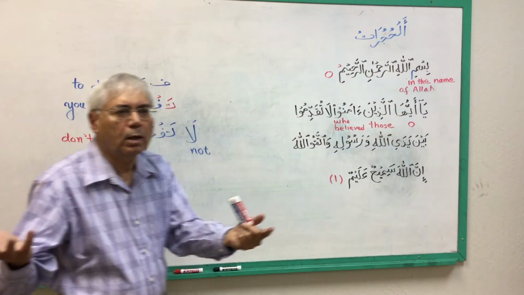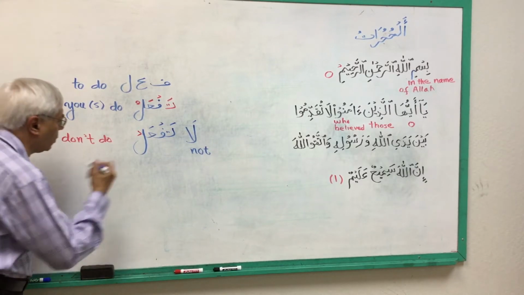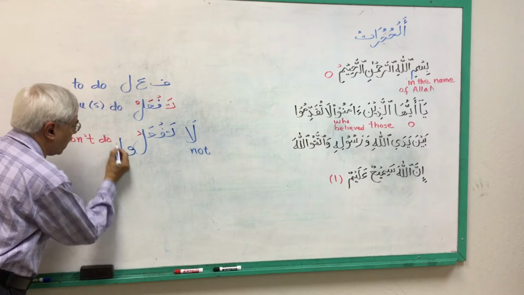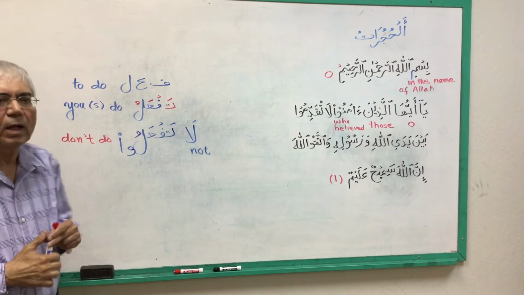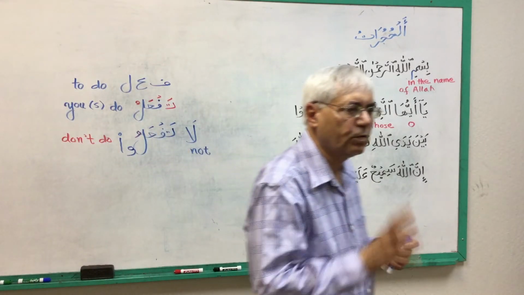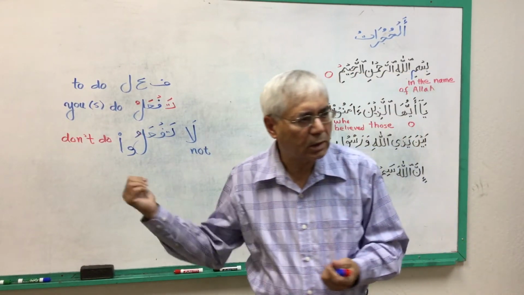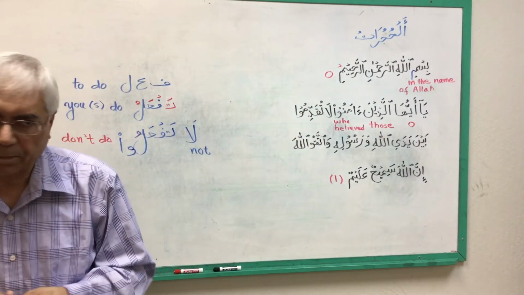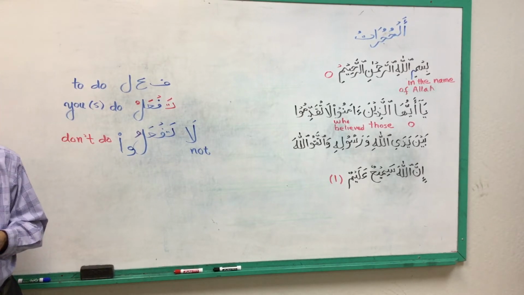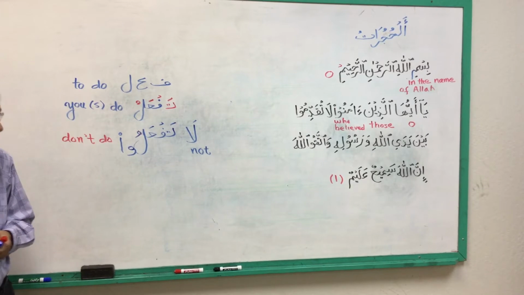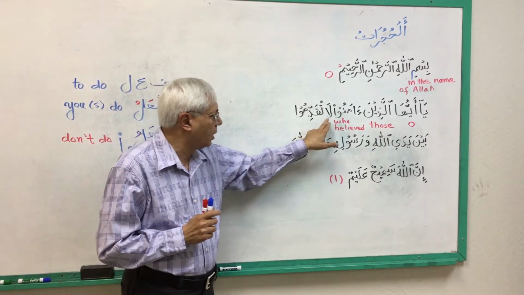And if you want to command, forbid many people, the rule is simple. You just add a waw and an alif with a zero and change this to a dhamma. La taf'alu. These four boxes are very important in this surah. We will be constantly using this pattern to understand this surah. Okay? La taf'al. Okay? La taf'alu. Okay? So we will break down this word next time, but I just want to point out this